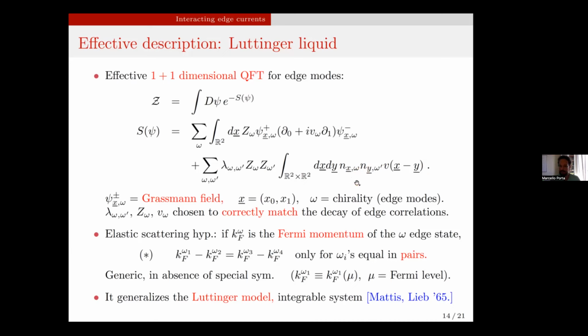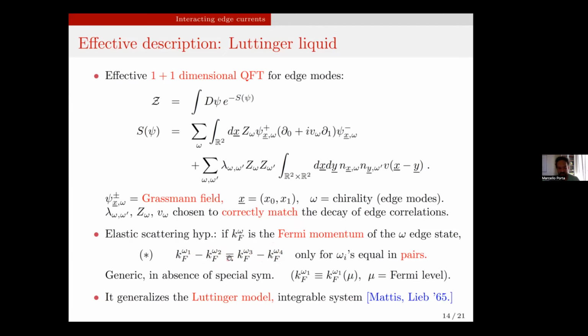There is an important underlying assumption behind this choice of interaction, which only involves two chiralities at a time. This assumption is an elastic scattering assumption for the Fermi momenta. Here we might have an arbitrary number of chiralities. These chiralities correspond to the edge modes. And this operator here is a 4-fermion operator. So in principle, you could have 4 different chiralities. The reason we have only 2 is that we are assuming that the conservation of the Fermi momenta at the Fermi level can only be realized in a trivial way. So either omega 1 is equal to omega 2 and omega 3 is equal to omega 4, and then you have 0 equal to 0, or omega 1 equal to omega 3 and omega 2 equal to omega 4. So only 2 chiralities at a time are involved in scattering.